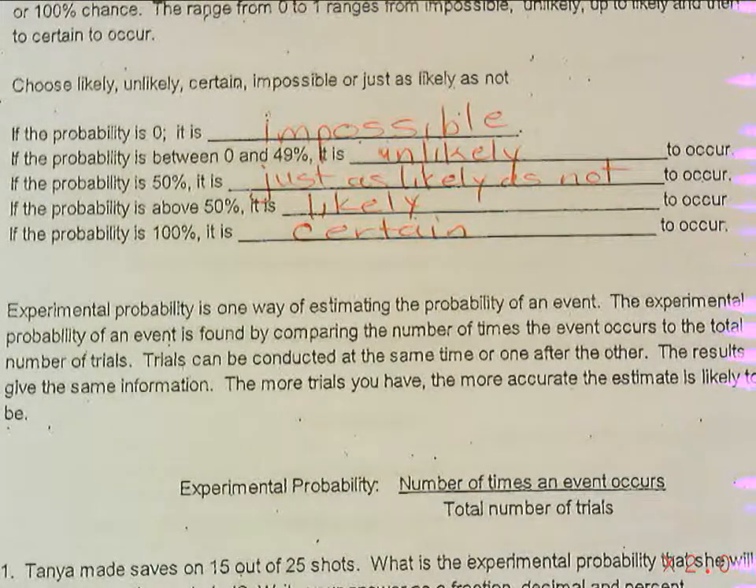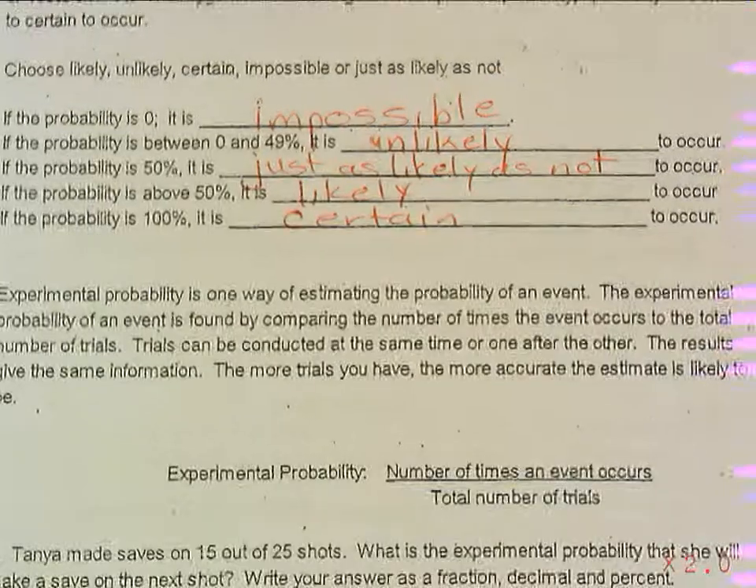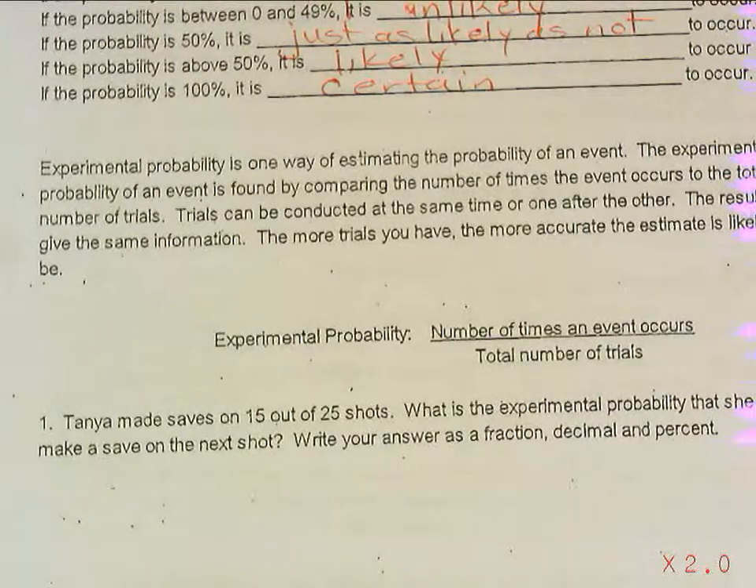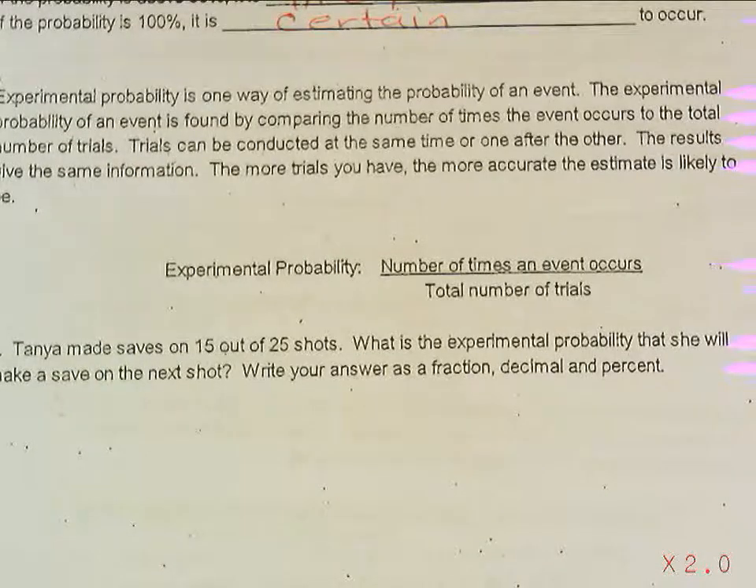Okay, now we're going to start out with experimental probability. An experimental probability is a way of estimating the probability of an event. The experimental probability of an event is found by comparing the number of times the event occurs to the total number of trials. So, for example, if we look down at number 1, this says,